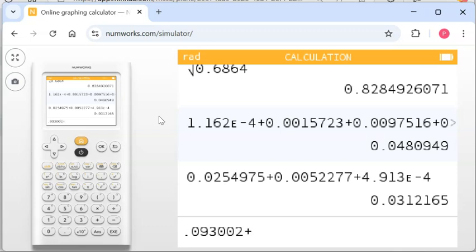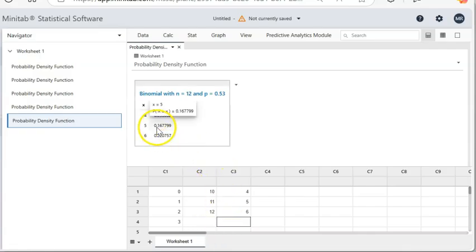Why am I not rounding these numbers? Why am I putting the whole number in? Well, when you do an intermediate calculation, you're never supposed to round. In math, you're not supposed to ever round until you get to the final answer. Okay? So now we're going to put in